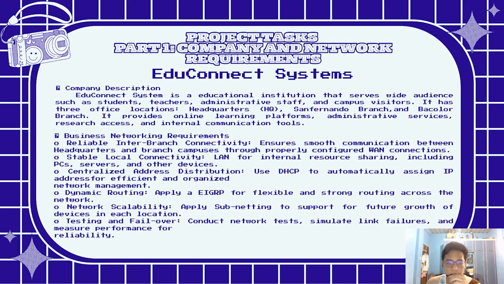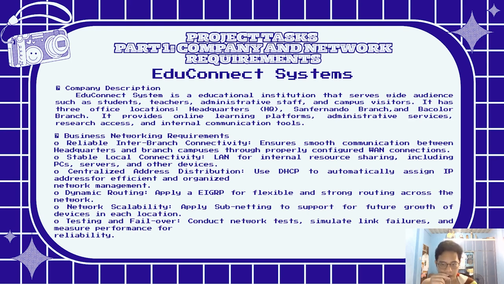For the business networking requirements, EduConnect Systems focuses on ensuring smooth and efficient communication across all locations. Reliable inter-branch connectivity is essential to maintain seamless communication between the headquarters and its branch campuses, supported by properly configured WAN connections. Each site also needs stable local connectivity through a well-designed LAN to enable internal resource sharing among PCs, servers, and other devices. To keep the network organized and efficient, centralized address distribution using DHCP is implemented to automatically